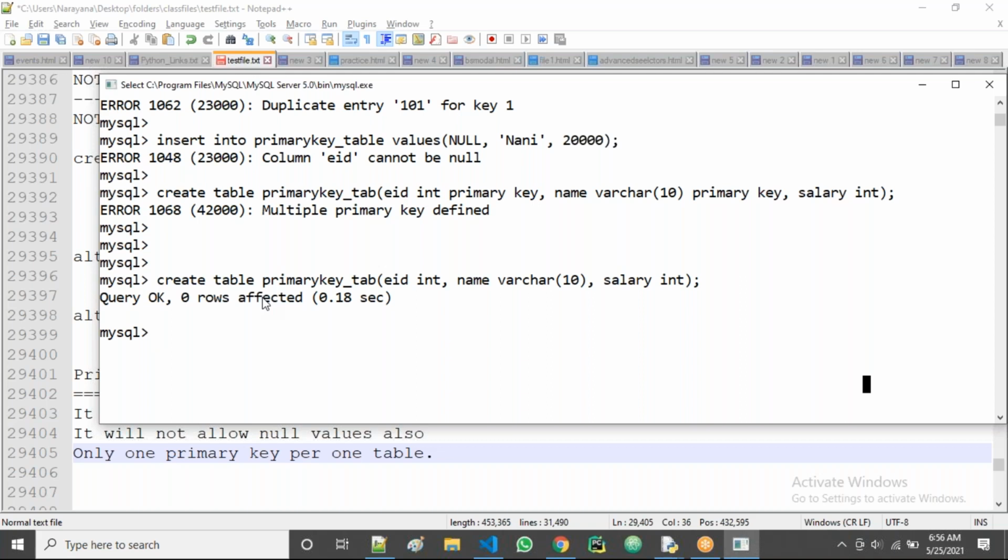While creating the table, I am giving EID integer primary key like this.